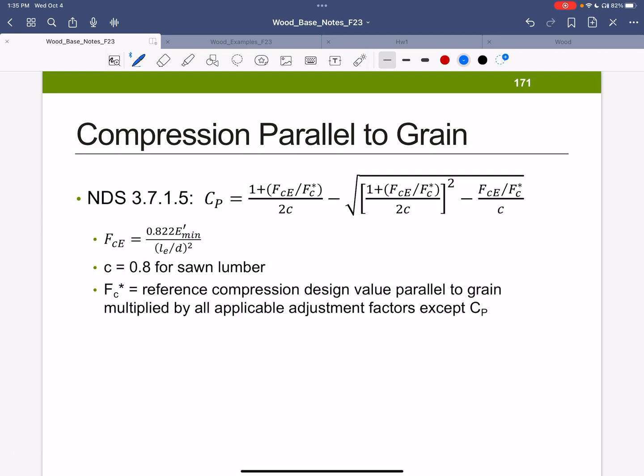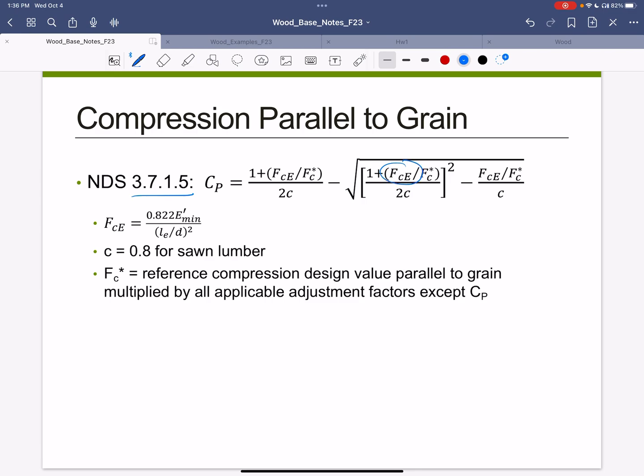Compression parallel to the grain. If I go into the NDS in Chapter 3 again, I could find this equation. You can also find a version of this equation in the lateral stability appendix. But anyway, this is our compression parallel to the grain, where this value is given here. C is 0.8, so little c is 0.8 for sawn lumber. And my F sub c, and we did this when we were looking at lateral stability, that's why this looks kind of familiar